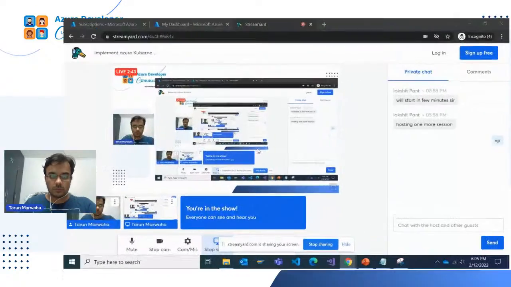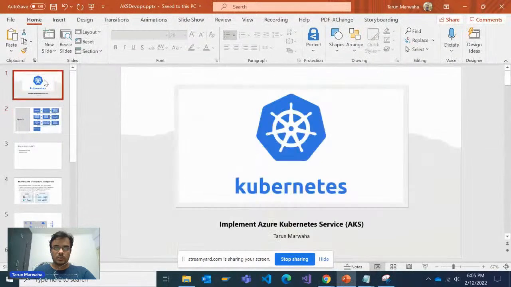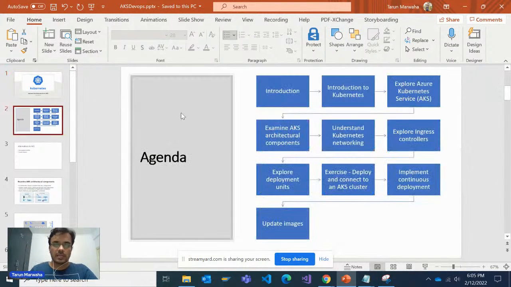I'm just sharing my screen, and we will also try to go through some demo and see how it functions. This is implementing Kubernetes services. I don't have those fancy slides, but I think it's good to walk through the official documentation of Azure, how they are implementing Kubernetes, and what is Kubernetes. So this is the agenda: